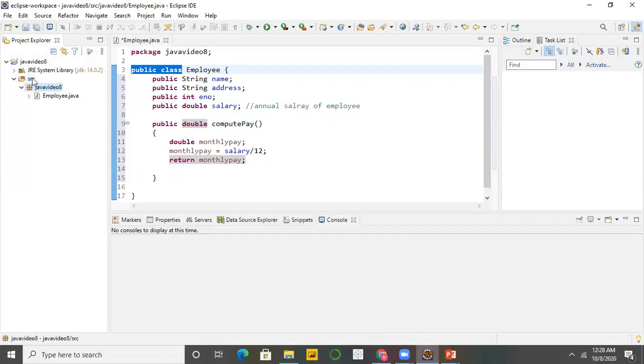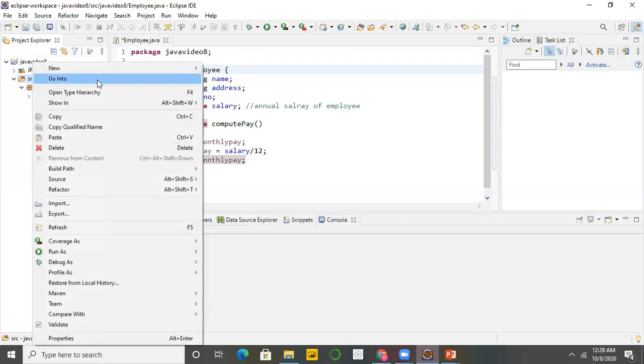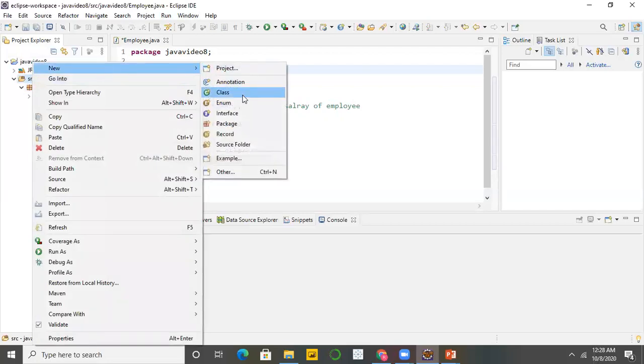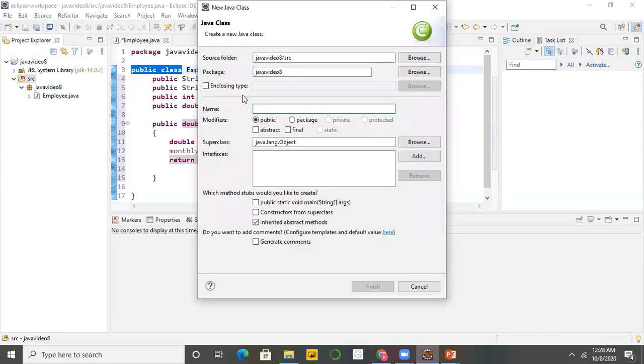In this folder, go to new class, and now give the file name as EmployeeDemo.